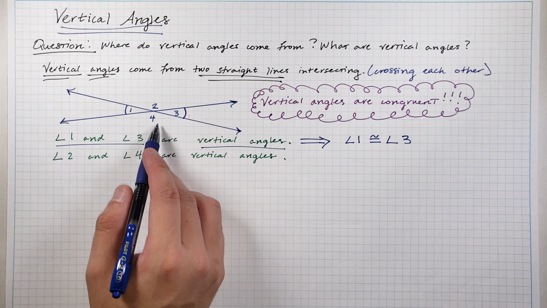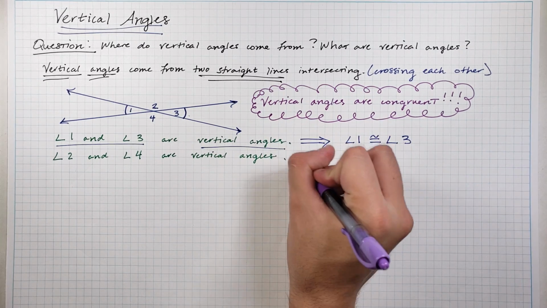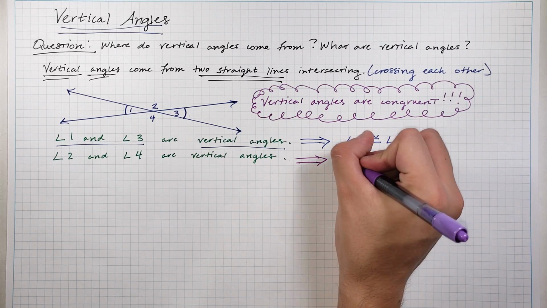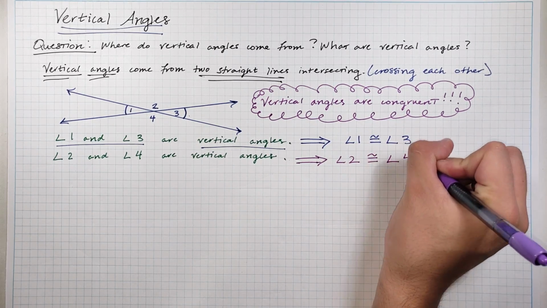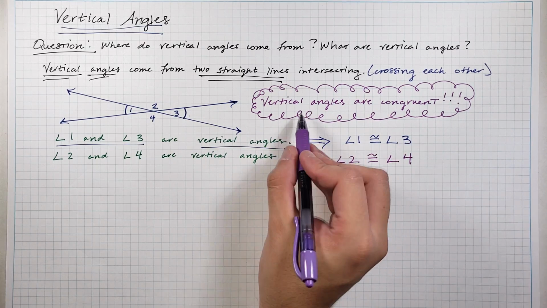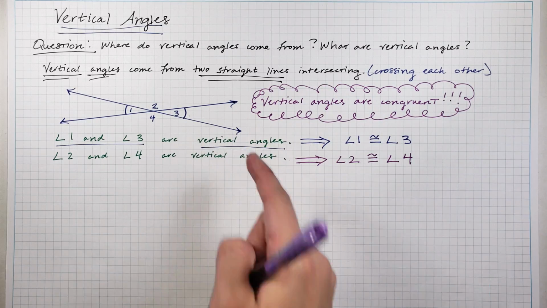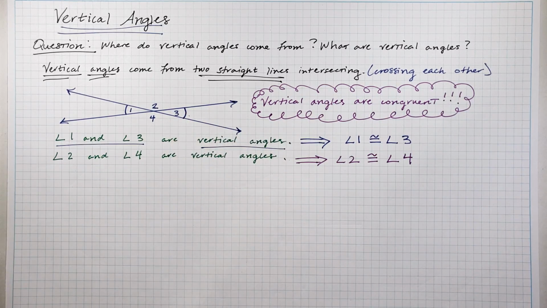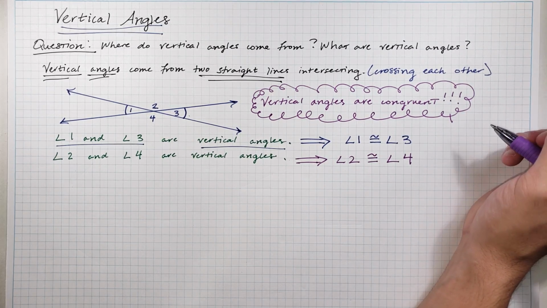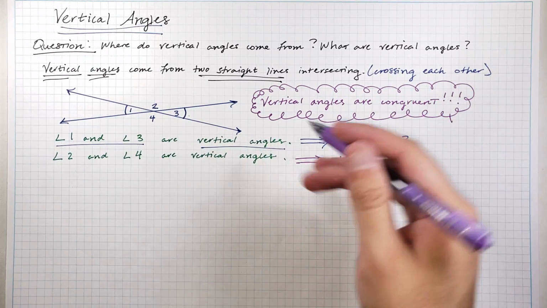So 2 and 4 are vertical angles, but now we know that angle 2 is congruent to angle 4. How do we know that? Because vertical angles are congruent. We don't prove this, by the way, guys, this is assumed. We assume vertical angles are congruent, just because the people who did all the geometry back in the day just assumed